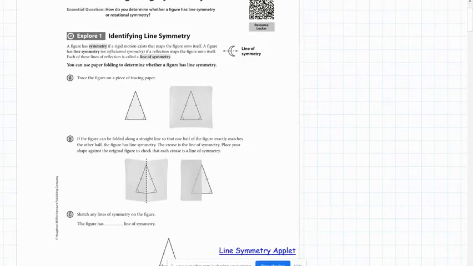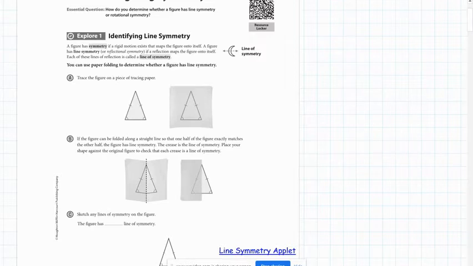Hello, everybody. Today's lesson is on investigating symmetry, section 2.4 in our geometry text. It's going to be on page 101 if you're following along in your book. And so there are two different types of symmetry that we're going to look at today, and that is line